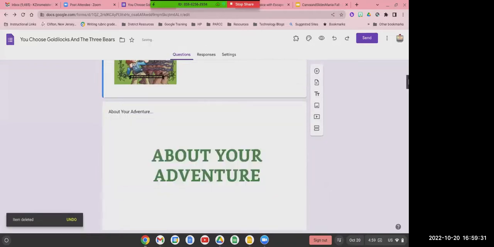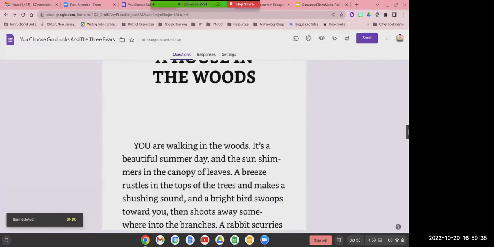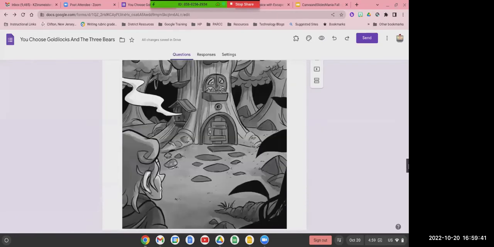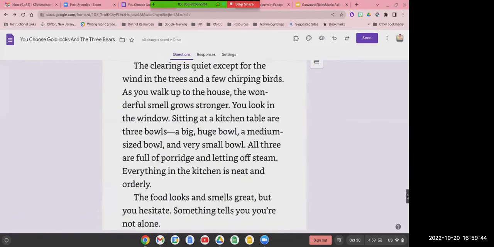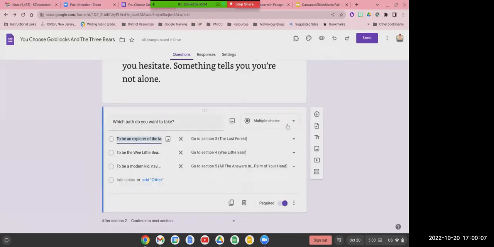So next up, how do I link it? So once I put the question in, I'm going to scroll down to my series of questions. So that's one of the pictures from the book. And we're going to scroll down, and we're going to go to that path to take. So which path are we going to take? We're going to take the Explorer path, we're going to take the Wee Little Bear path, or we're going to take the Modern Kid path. And the problem is, for the most part, that the question is fine unto itself. Like we can have it mark itself. But if you click on the question on the bottom,